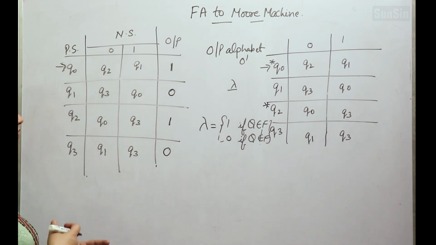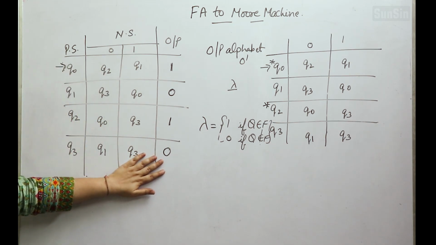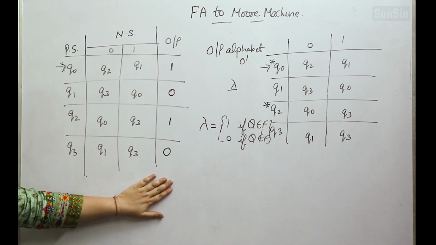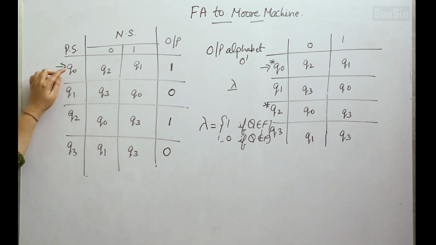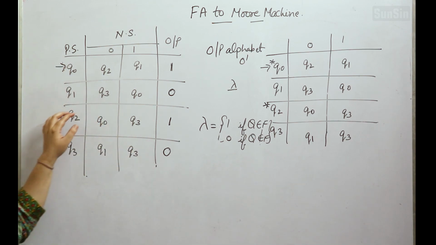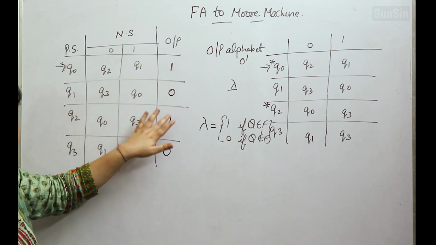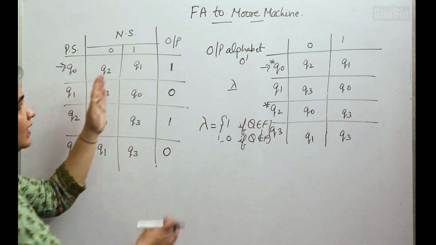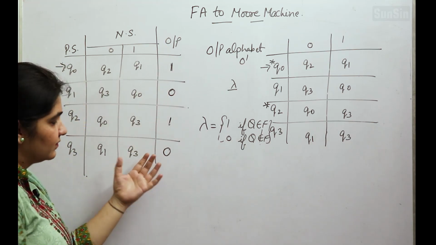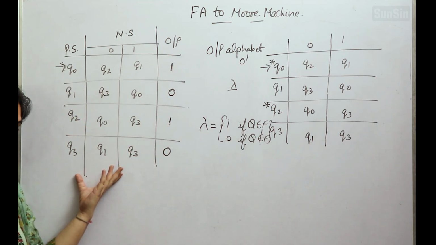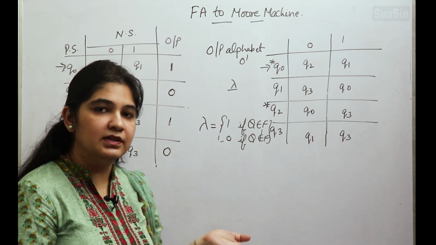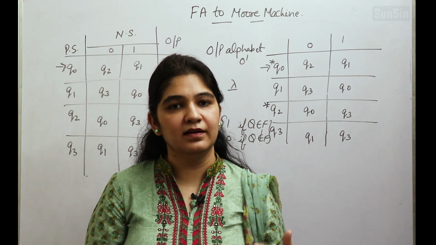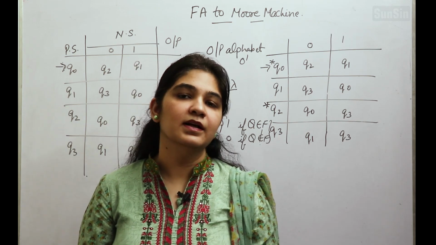Moore to FA. For the inverse conversion, for example, if I have to convert this Moore machine to the FA machine, what I will do? I will mark the states as the final states, those which have the output 1. So Q0 and Q2 will become the final states, and we will delete this column, and the remaining will be the FA. Similarly, how we will convert the Mealy to FA? First step is convert Mealy to Moore and then convert that Moore machine to the FA.